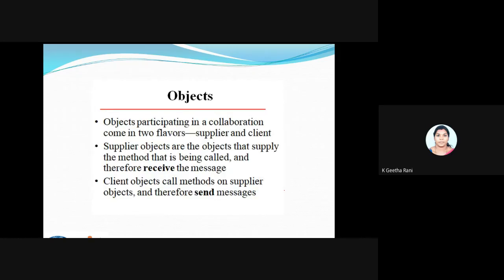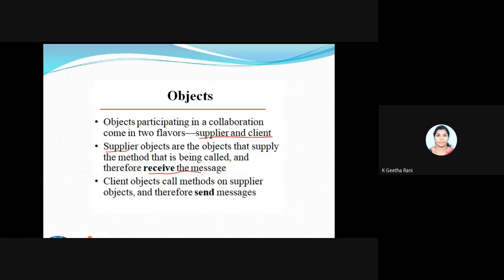Next, here they divide the object concept into two types: supplier and client. A supplier is an object that receives a message from another object.